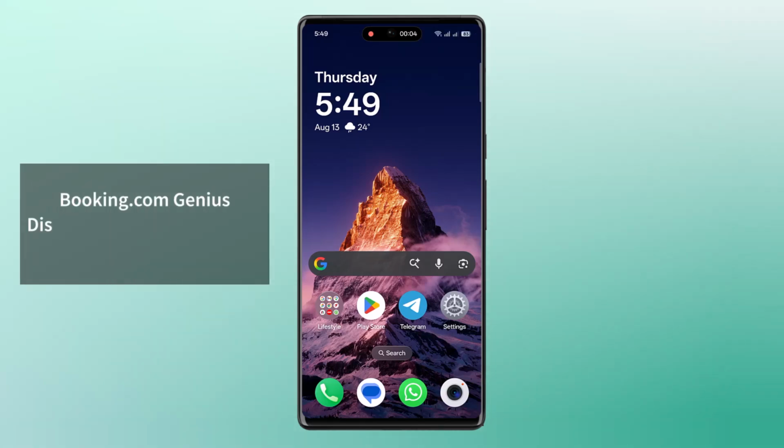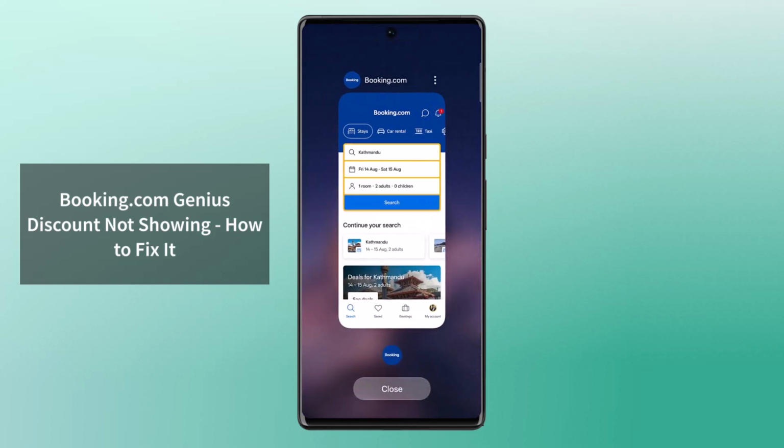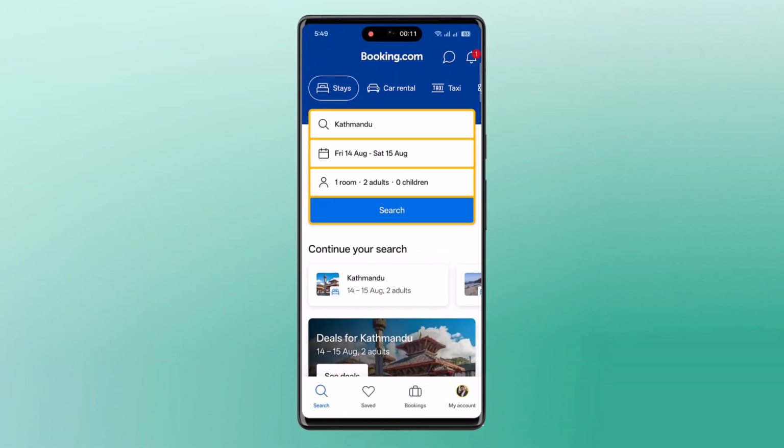Booking.com Genius discount not showing. How to fix it? If your Booking.com Genius discount is not showing, make sure that you are logged in to